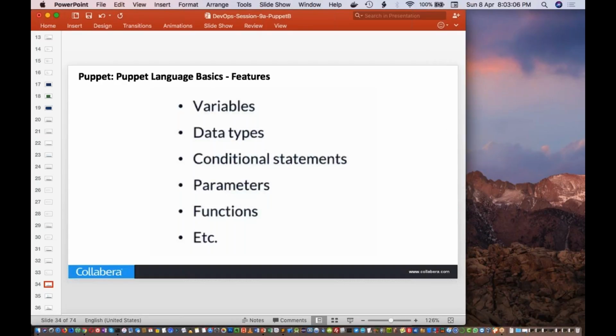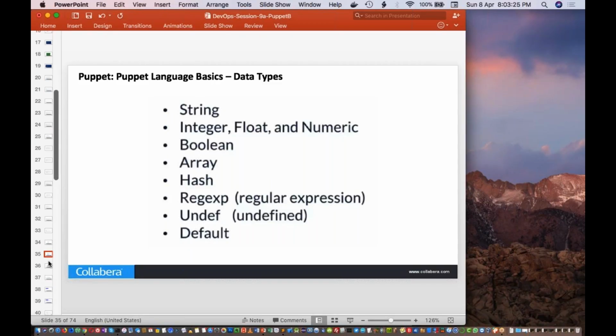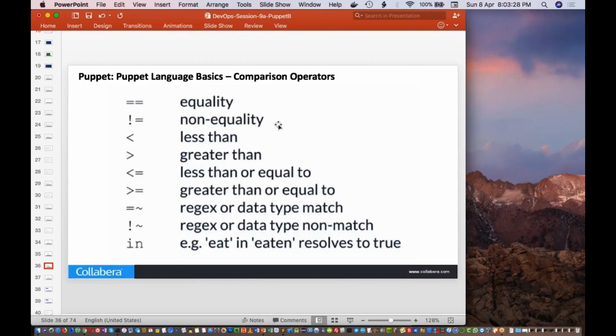So these are the various features: in Puppet you can have variables and data types, condition statements, parameters, functions, all those things. These are the data types that can be used: string, integer, float, numeric, boolean, array, hash, regular expression, undef for undefined, then default. And these are the comparison operations that you can use, like equality, non-equality, less than, greater than.